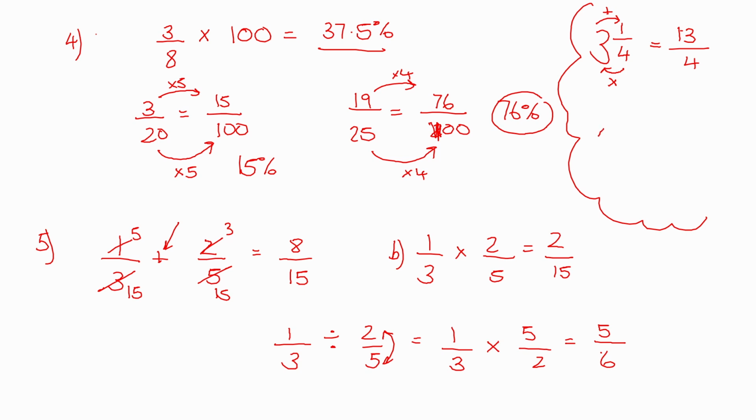Or vice versa. If I had to change that into a mixed number, I would do 13 divided by 4. How many 4s go into 13? So my 4 times table is 4, 8, 12. So 4 goes into 13 3 whole times, remainder 1, but we write the remainder as a fraction over the original denominator. Okay, that pretty much brings an end to everything I want to talk about for the first section of this